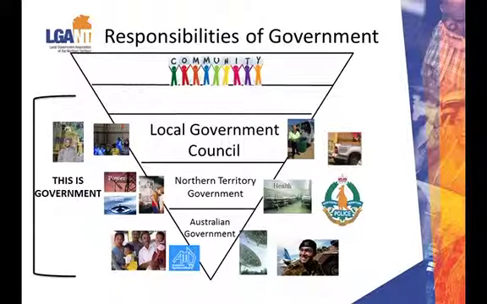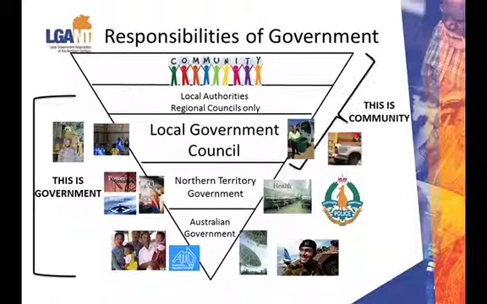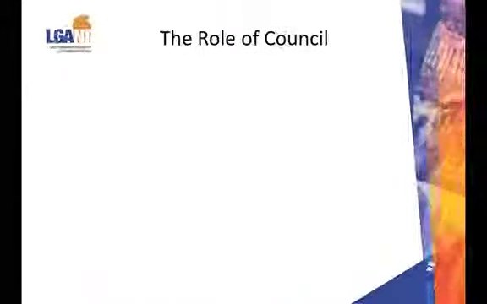In the regional areas of the Northern Territory, there are the local authorities. Local authorities are committees that work with both the government and the community. This level of government assists councils in making the best decisions for people in remote regions and are the voice. The council and the local authorities are made up by members of the community.